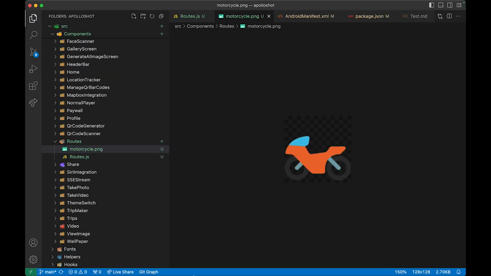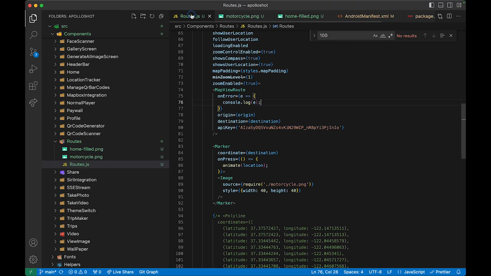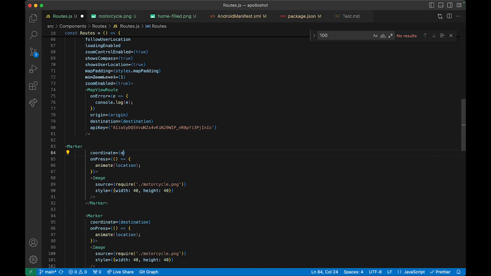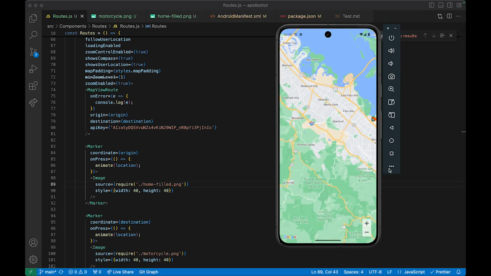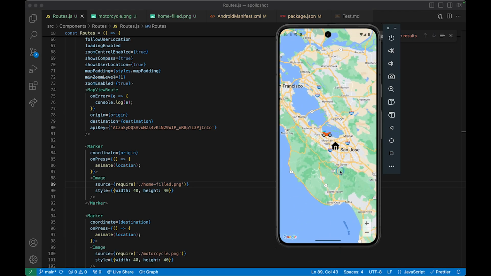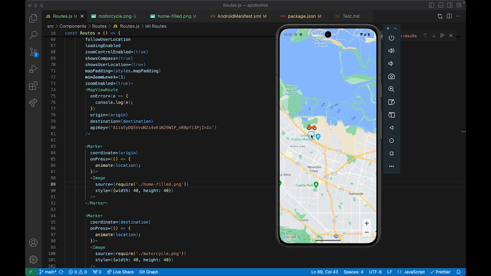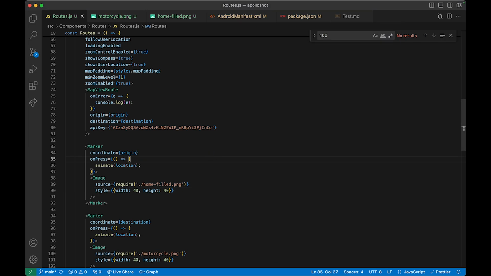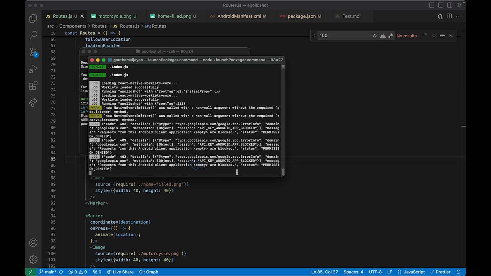Wait a minute. So we used it here. Then same way, I'm going to take this marker, and then I'm going to have it here. And for this should be origin, and then home filter. Okay, so this is for demo purposes, and then we'll have this. Go here. Let's go back and see the home will be there. Okay, so from this location to this location, we should get the particular routes. Somewhat this is not